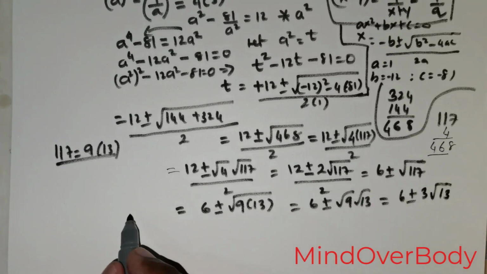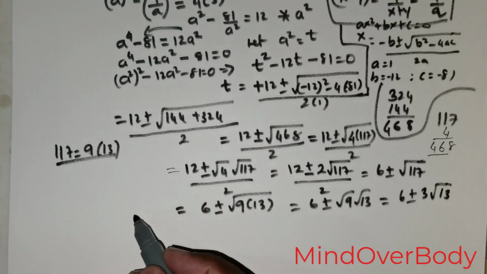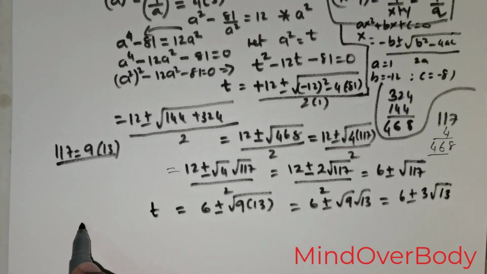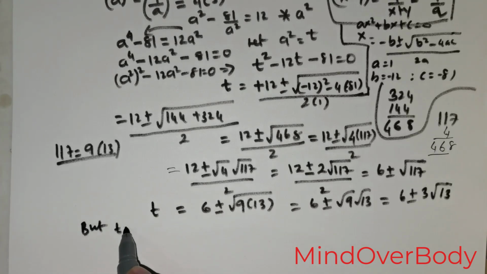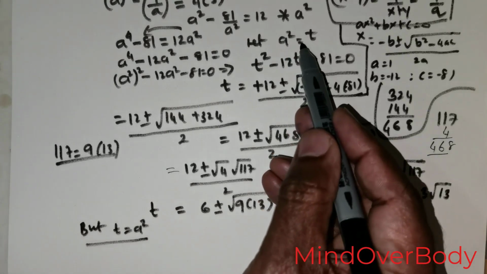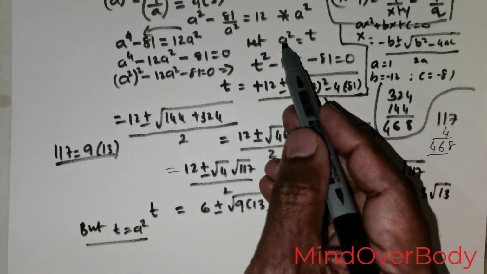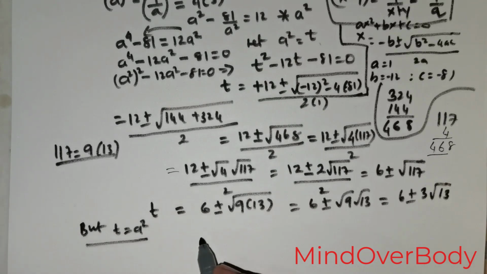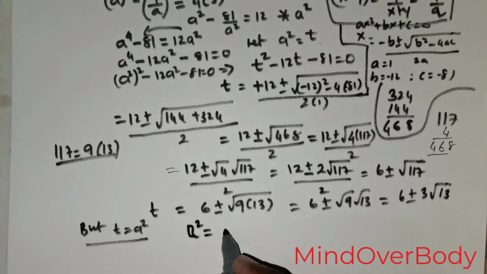Now all of this is nothing but the value of t, right? But t is equal to a squared, isn't it? We have substituted a squared in place of t, so we got to revert it. So this is going to be a squared is equal to 6 plus or minus 3